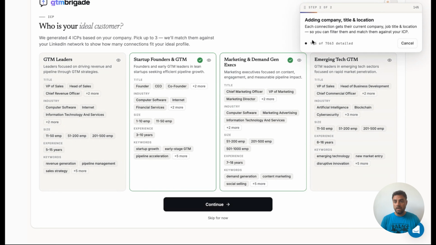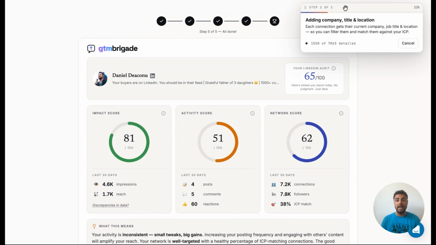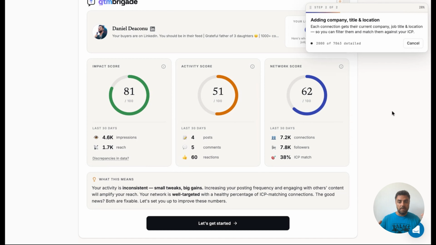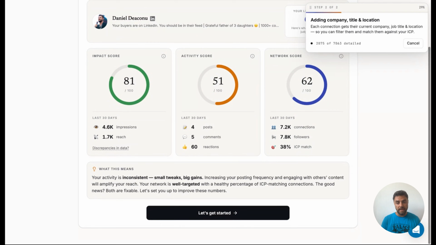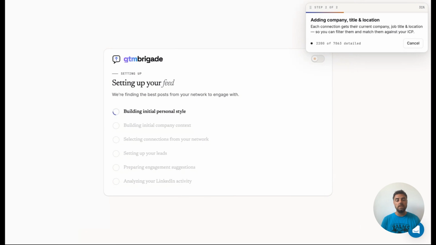We have this window here that tells us in real time. So we have 1,100 people out of the total number of contacts I have on LinkedIn that are already imported right now. So I'm giving it the time to finish this process. In the meantime, I will continue the onboarding. What you'll see here in the screen, what we do is we use AI to audit your LinkedIn game for the past 30 days, and I can see some of the most relevant and important things related to my statistics here in this step. Now I will press let's get started,